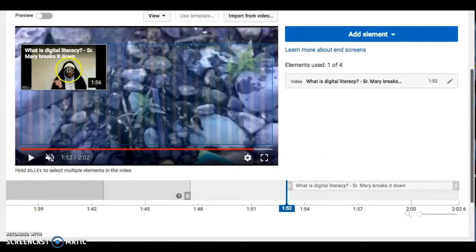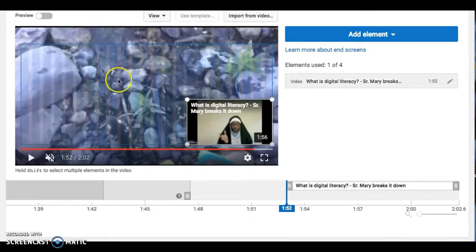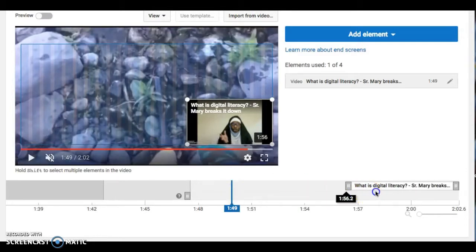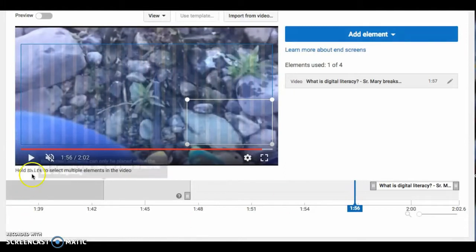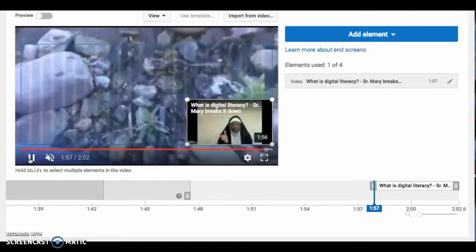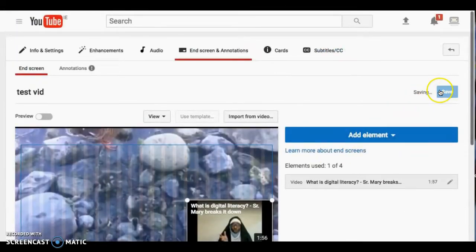And as you can see, it's somewhere on the screen. You can move it to the sides, but not generally in the middle. Another thing is you can decide when the screen is going to appear. So it'll appear from this point to the end of the video. So you can stretch that out, you can make it happen earlier, or you can compress it to a certain extent. And so then, as you see, if you play it, it appears. So save the changes,